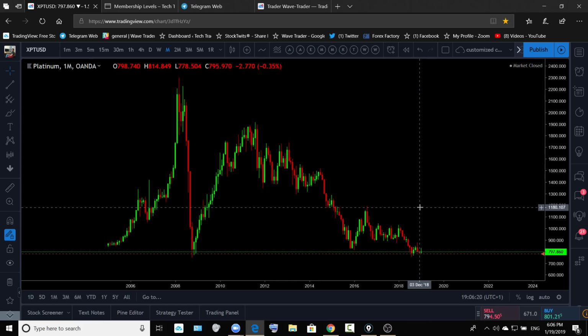If demand does not rise for platinum and platinum just keeps going lower, then what's going to happen? Mining companies are going to shut down. When mining companies shut down, supply gets cut. There is not going to be supply in the market, and when platinum is cheaper, why would people buy palladium? Why not buy platinum? Car manufacturing companies can move back again to platinum. So it's a longer term buy setup on platinum.